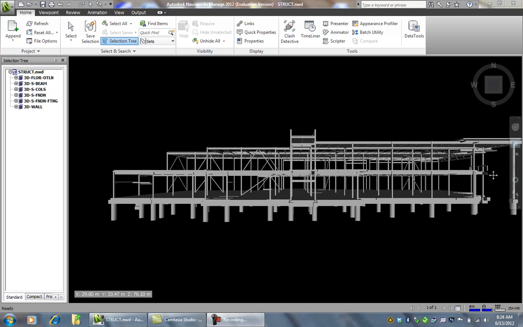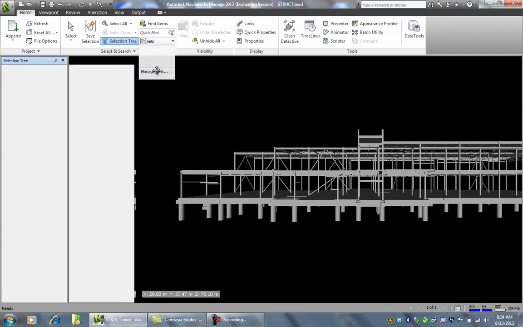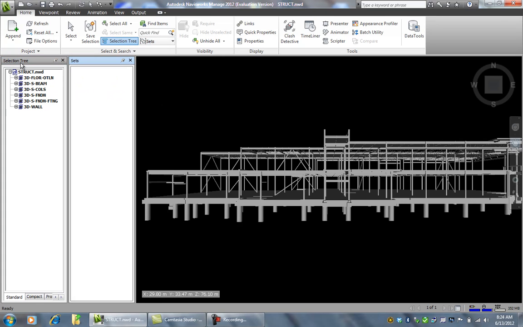Essentially what I have here is a structural model, and what I want to do first of all is go to sets, and say manage sets. So I had my selection tree open, but what I'm going to do is put in certain sets. Now there's a couple ways you can do this. I'm going to hold down the control key,